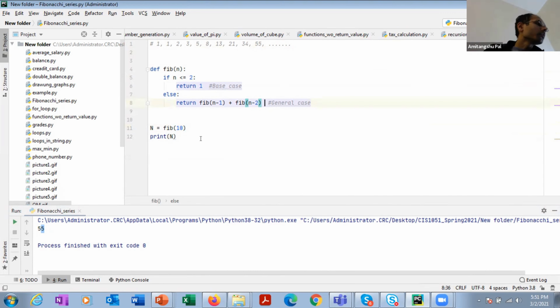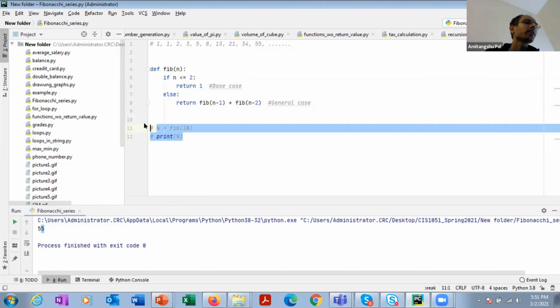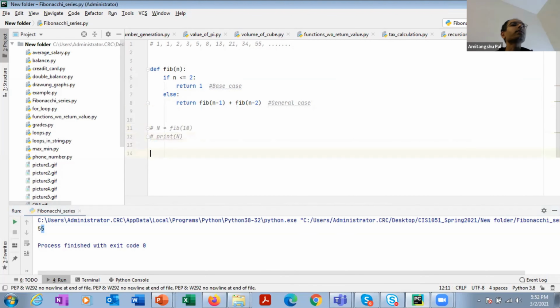Alright. Now let's see how I can print the first 10 numbers in a Fibonacci series. So let me modify this and write a program that is going to print the first 10 numbers. So how can I write? For i in range of 1 to 11. If I want to print the first 10 numbers, then the range is going to be from 1 to 11, because it's going to vary from 1 to 10, right? If I write a range of 1 to 11, that means it is going to vary from 1 to 10.